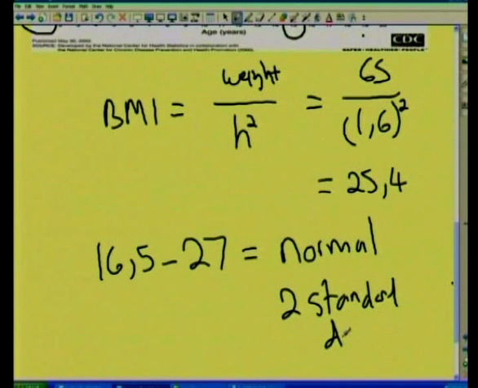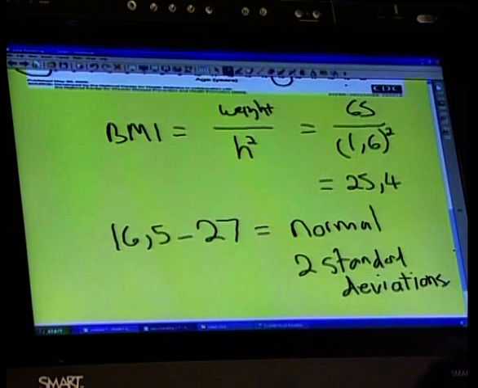Two standard deviations. So for a 15-year-old to be considered normal, and I know there are not many of those around, just joking, 16,5 to 27 is their normal range. Anybody with a BMI above 27 would be considered obese, and anybody below 16,5 would be considered too thin or